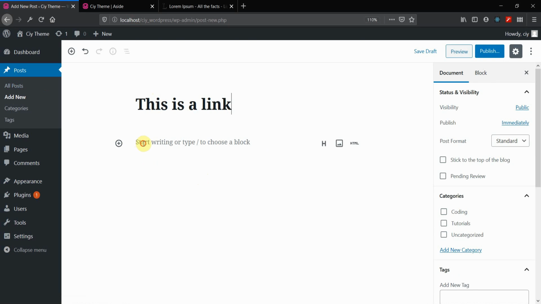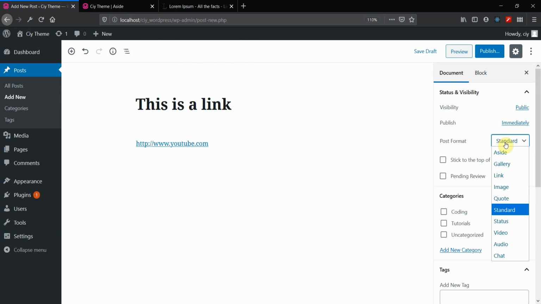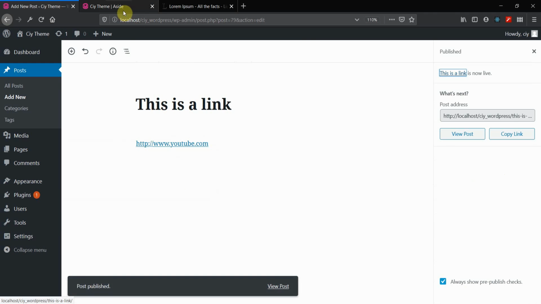and then down here, let's just add a link. So in the backend, you can use this symbol up here to add it. I'm just going to do YouTube, youtube.com. Okay, and open in a new tab. Yes, we can do that. And then apply. All right, and then let's go back to the document and let's choose link in this case, right here. Press publish and publish again, and then let's go to the front end